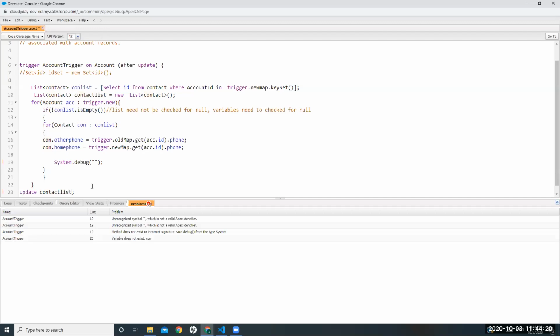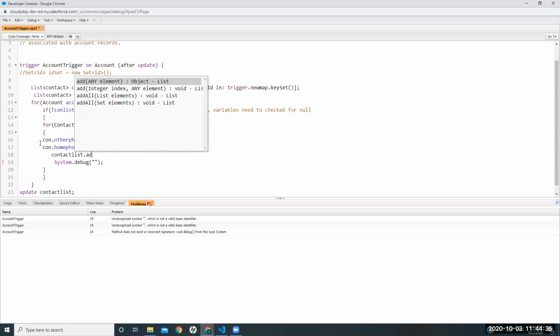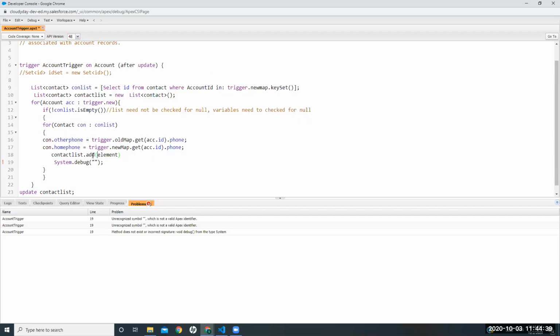Yes, and come on line number 18 now. Right, contact list. Paste it. Dot add and press enter and put con there.